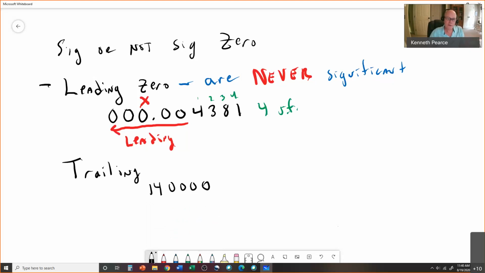Now, trailing is these guys going out this way, and they're only zeros. That's all you have is just zeros. But the rule is a little bit different for trailing zeros, just a little. What we're going to say is that they are not significant